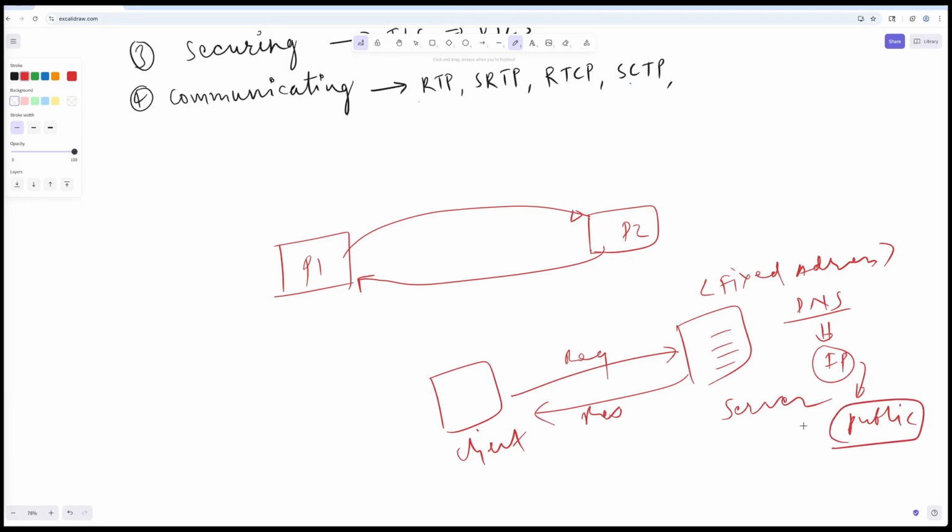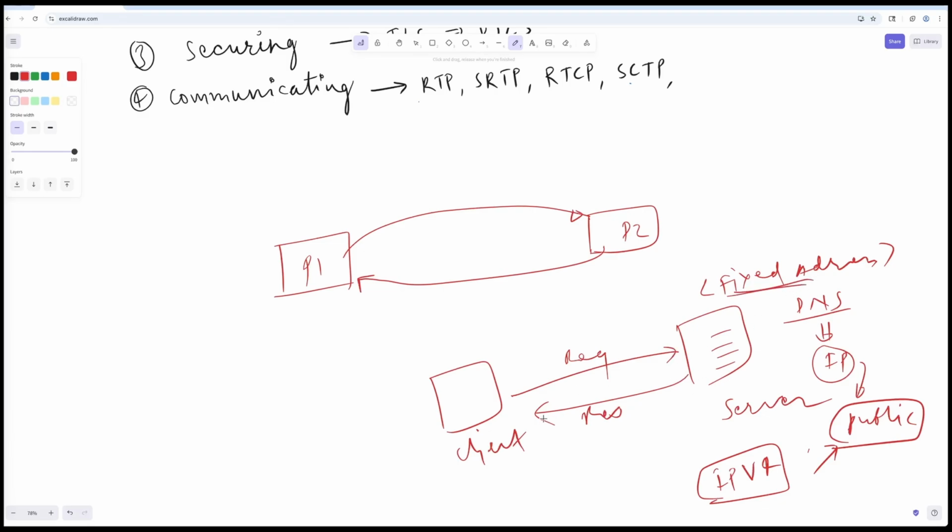So there is a concept of public and private IP address, if you know, in IPv4, right? So only public IP address can be routable, and private IP address can only be routable with the support of this public IP address, right? So we will talk about all these things, public and private IP address, in a separate video in the connecting phase. So for now, let's understand this basic architecture of web applications. All right. So here, one client will always make a request to this server using this fixed address, right,